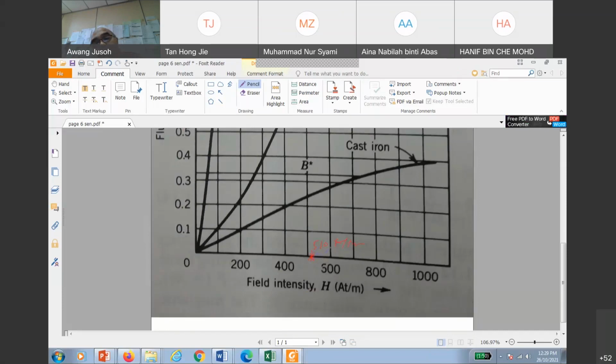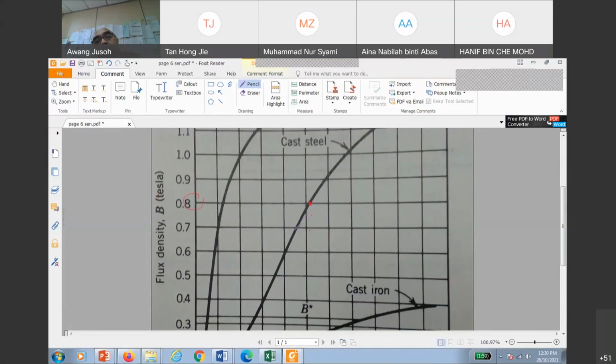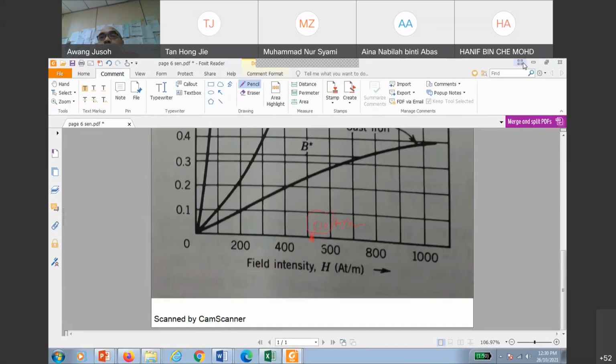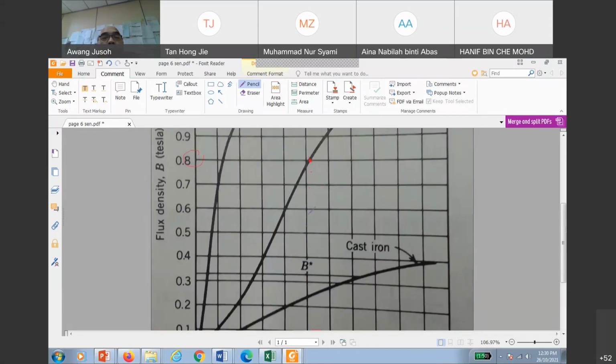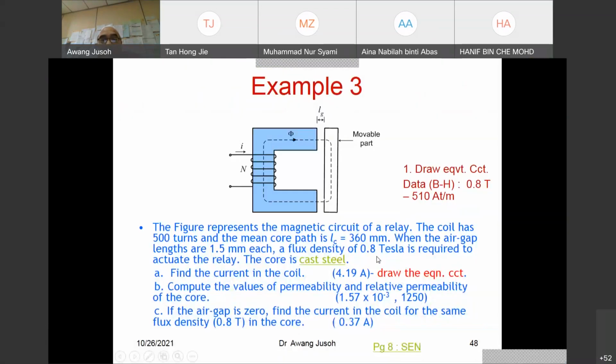So this is about, based on the example here, they said 510 ampere turn per meter. Right, so you need to be careful what kind of material they give you and how much the Tesla and so on. But in the example, they ask 0.8, and then that one gives you the field strength of 510. Okay, so we will give all this table later on. When we ask you, we supply you this curve and so on. Don't worry much. Okay, so from the B-H curve at 0.8 Tesla, it produced magnetic field strength of 510. Fine.